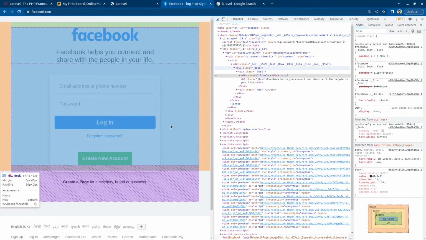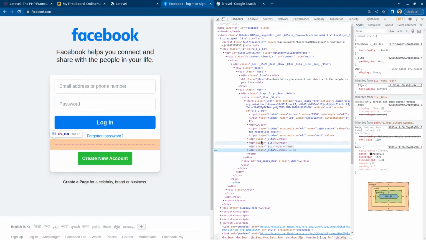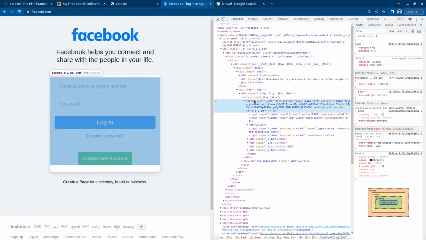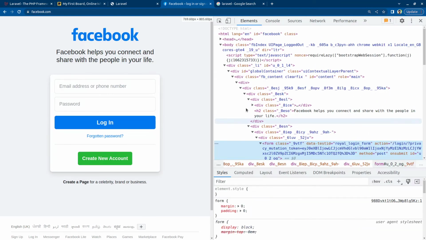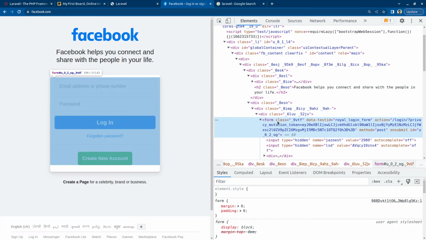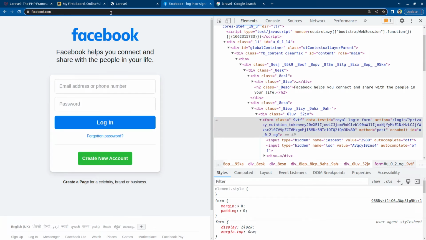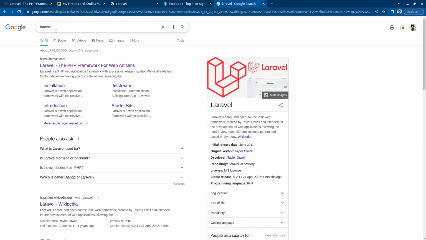So here we'll go to inspect this. Let's check the form. Here you can see the form. I'll try to zoom it a bit. Yeah, so here you can see the form, and here you can see the method is POST. The benefit of selecting the method as POST is whenever you want to submit confidential data, it will not appear in your URL. If you go to this Google search, see, when I was trying to search about Laravel,